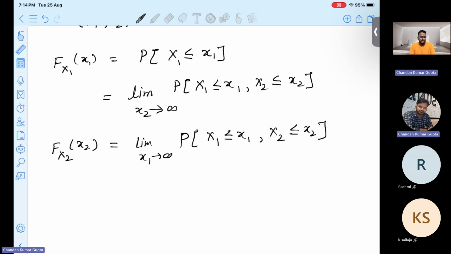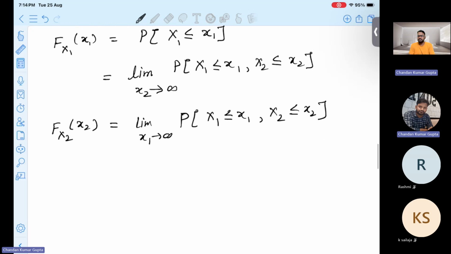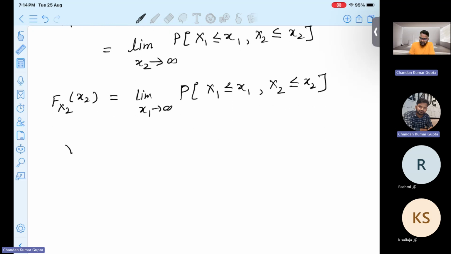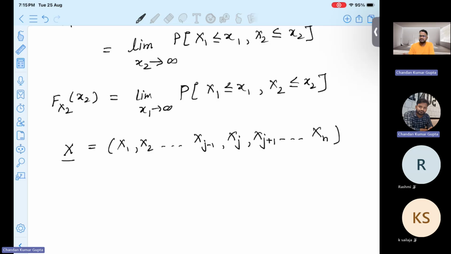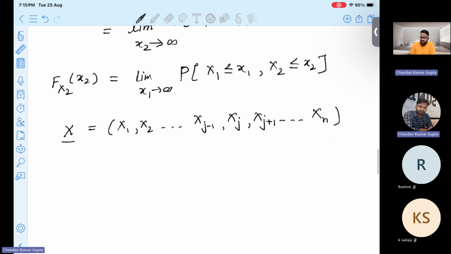Okay. In the same manner, suppose we have an n-dimensional random variable. For example, suppose we have a random vector like this: x1, x2, xj minus 1, xj, xj plus 1, and then xn. Suppose we have a random vector having n random variables. Then in that case, if we need to find the marginal CDF of some particular random variable, suppose xj, so in that case,